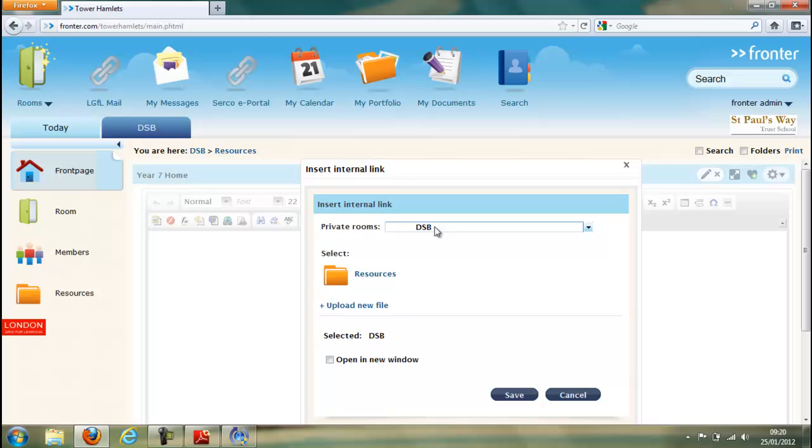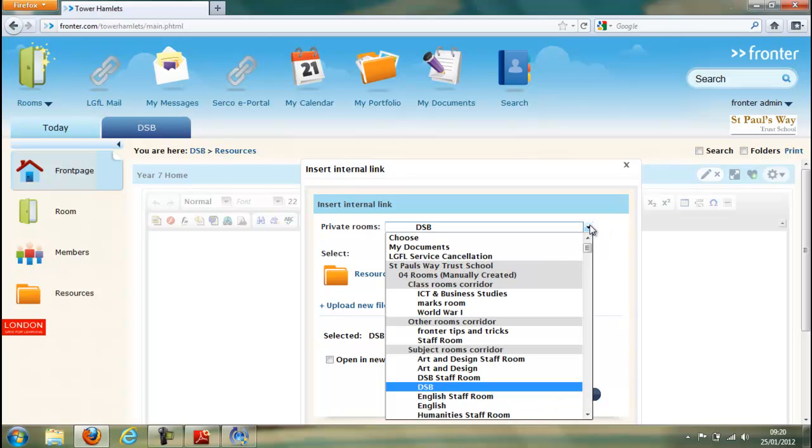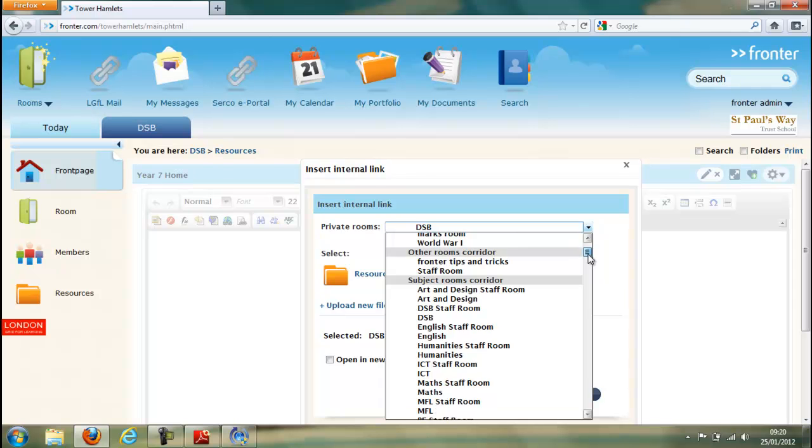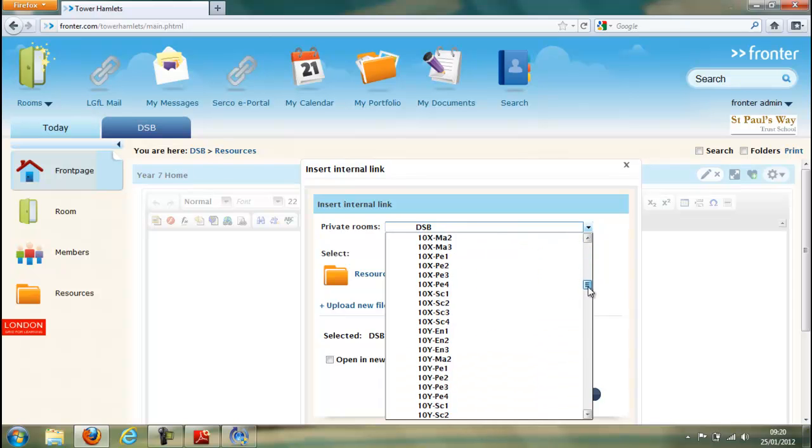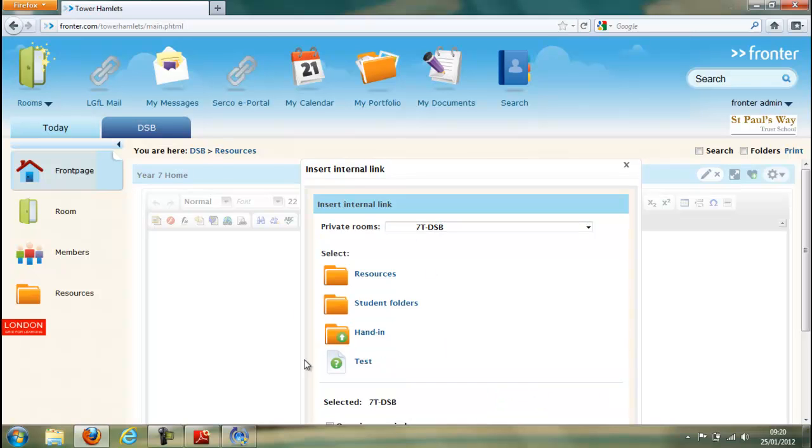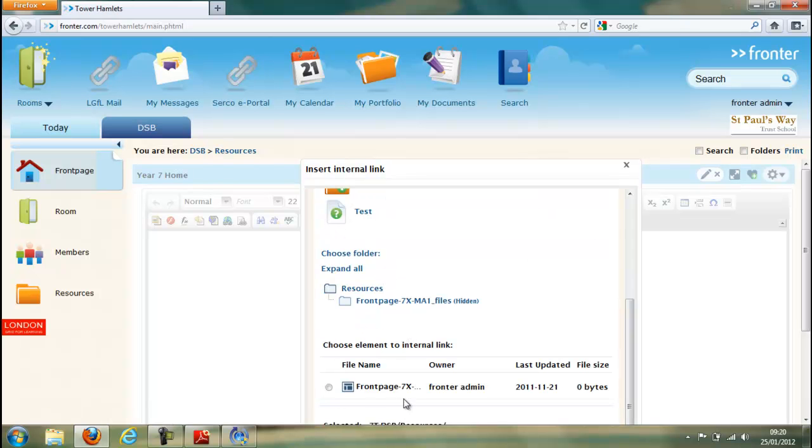So if you drop down where it says private rooms on the drop down box, you will see you've got a long list, and you can see all your classrooms coming in from Serco here. We're going to go down to 7T. It's going to be at the top of this list, isn't it? 7T DSB, which is in that list. So it'll update these folders at the bottom here. And we know that the home page is in resources. And so when we click on resources, it updates it, and we've got front page down here. So we click on the front page,